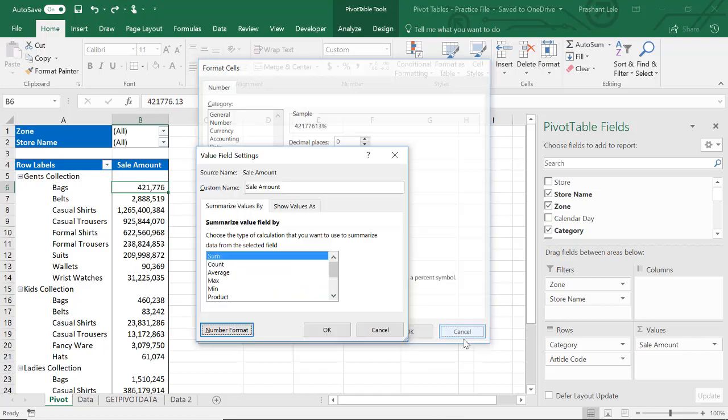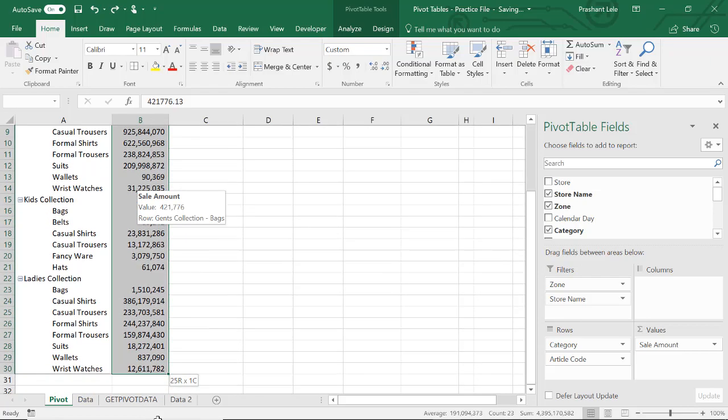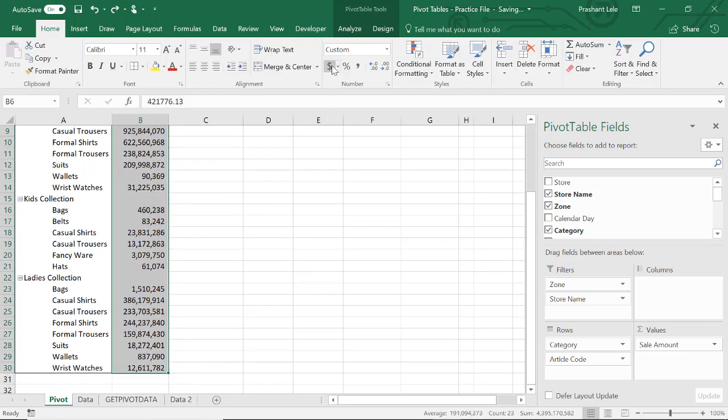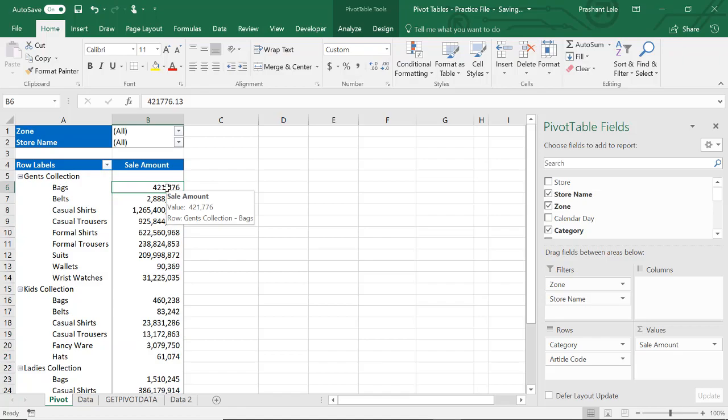One suggestion here is that instead of applying the number format to cells, after creating a pivot table, most users select the entire column like this and then apply a number format like currency or normal number. My suggestion is you apply the number format to the value field and not to the cells, because if you put that field in other cells, the number format applied to the cells will not follow.